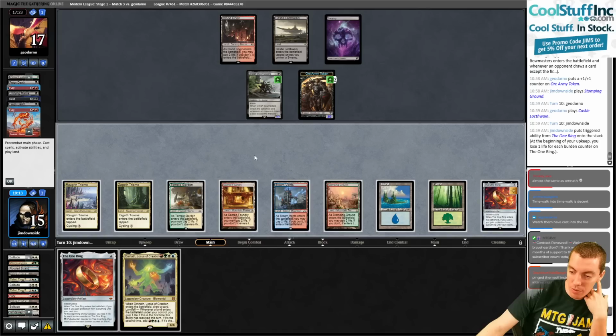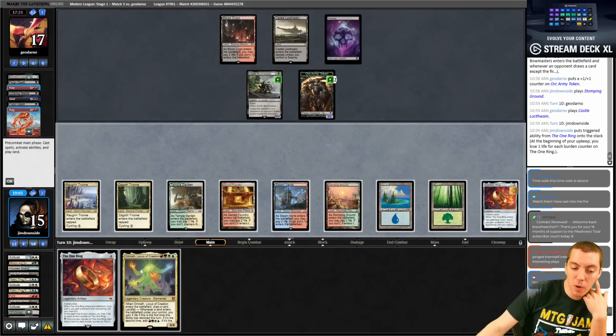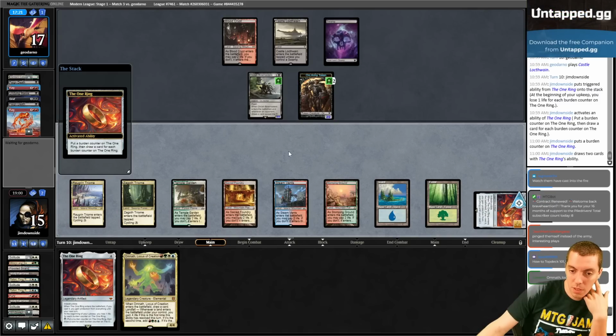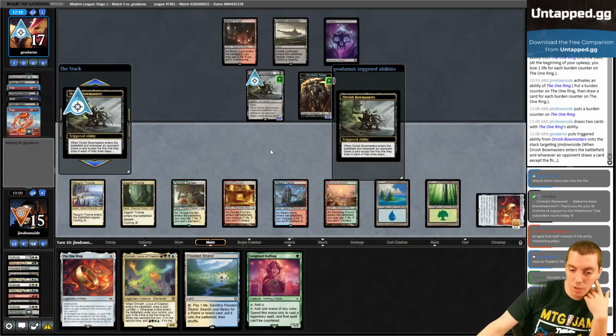Could play second ring. Let's see here. I think we just draw. Whatever. Just take two. We're probably going to go Omnath and do another ring, but I want to get a land too. I want to play Omnath and play a land immediately. Just whatever. We'll deal these eventually. Strand Halfling? Sure. So we go...